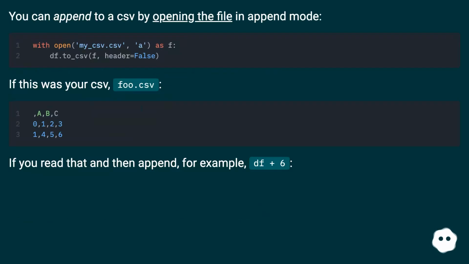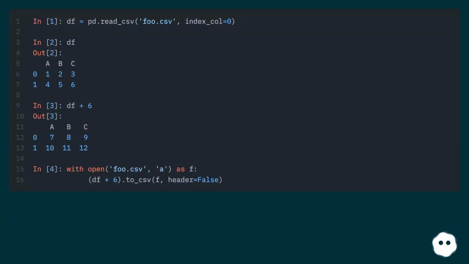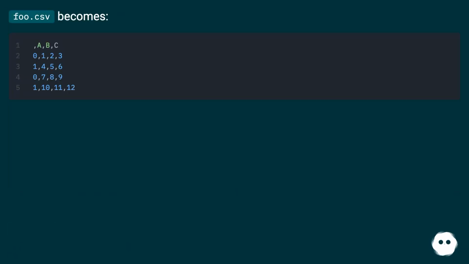You can append to a CSV by opening the file in append mode. If this was your CSV, foo.csv. If you read that and then append, for example, df plus 6. Foo.csv becomes